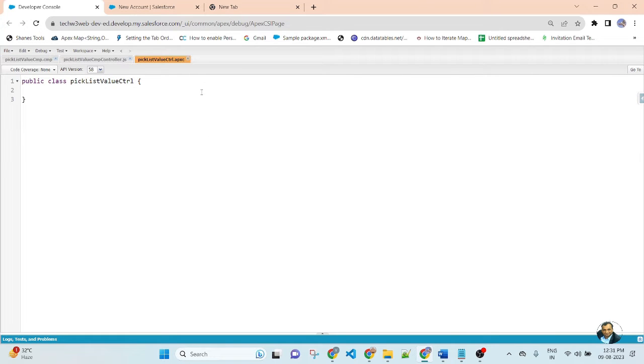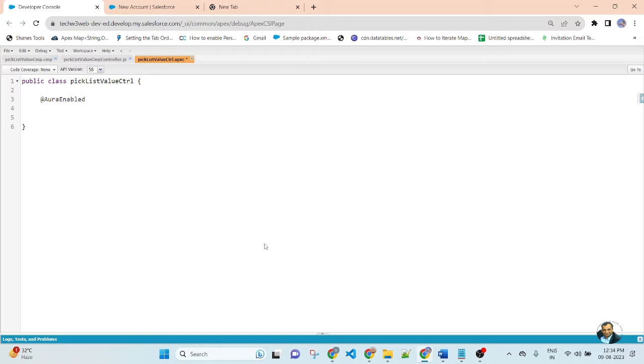In this Apex class controller, I will create a method. So first I will use the AuraEnabled annotation, because this Apex class method is used in the Lightning component.